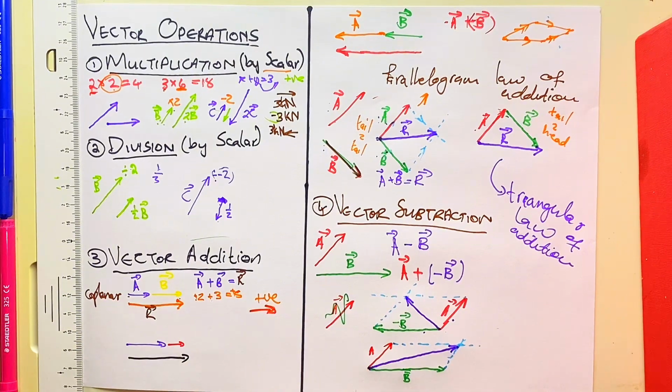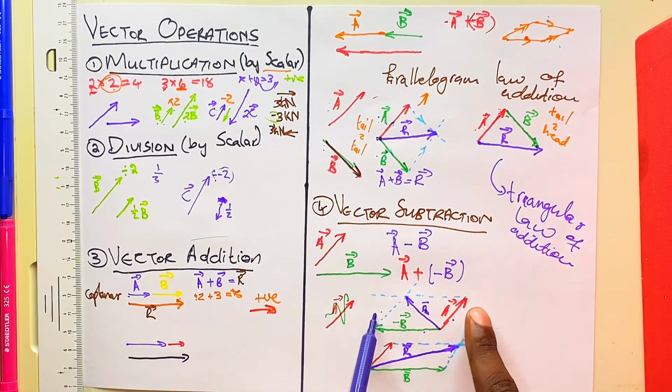like this. These drawings are not to scale, but you can see that if we were adding them, this resultant would have been way long. It will be a very long vector. But here, when we change direction, our resultant vector is a very short one to show you that we have subtracted them here while we